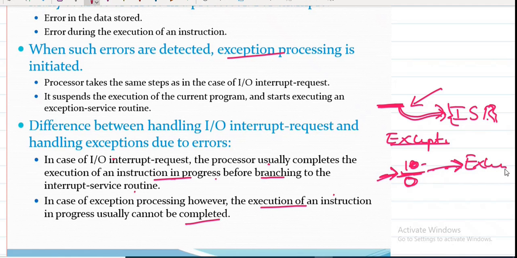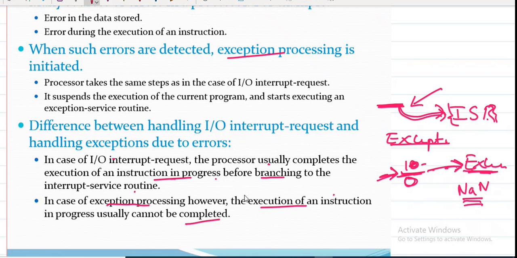message indicating there is an abnormal termination, or sometimes you may get an output that is NaN, something like that. You are going to get a different error message, and to get this error message it has to execute the exception processing. It has to run the exception program or method. Only then will you come to know why that error or interrupt was encountered. Whatever I am explaining with respect to exceptions is an example of software interrupts.